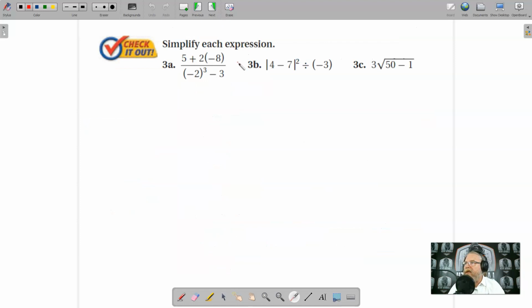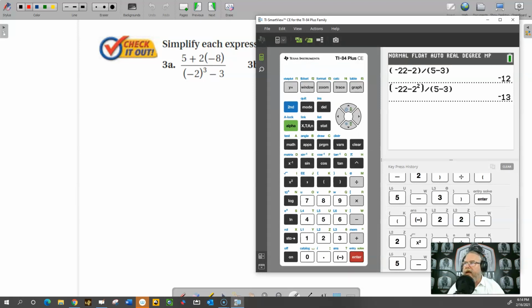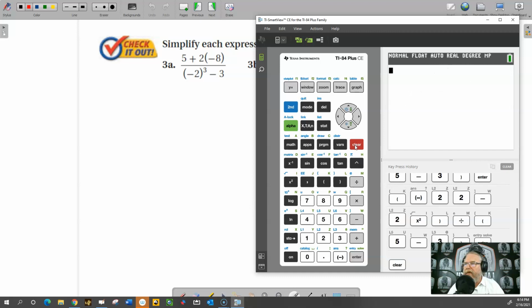Simplify each expression. So let's go ahead and do this 3a. I'm going to grab my calculator again. And we're going to use the calculator to do that problem there, since it is indeed a fraction. So let's go ahead and do that. So we're going to type it in just like we see in the problem here, only we're going to put parentheses around the numerator and also around the denominator. So open parentheses, we call these open parentheses, close parentheses, right? So kind of open, the first one opens it up,